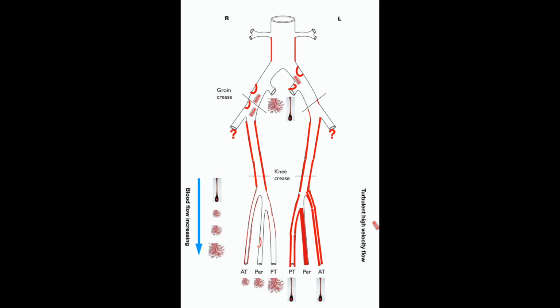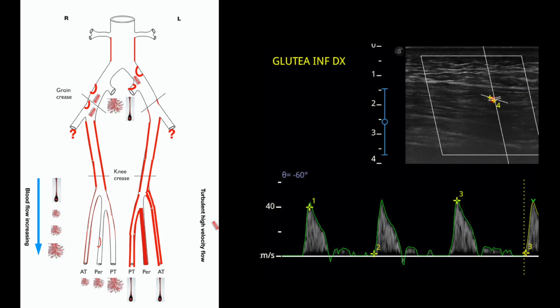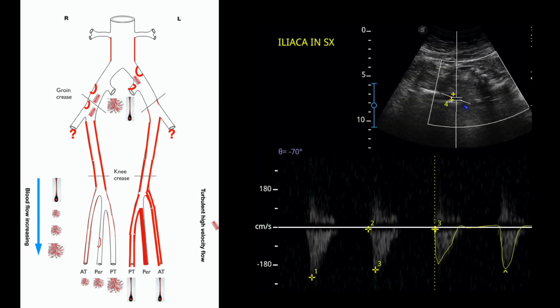On the right side, stenosis and increased blood velocity were observed in the external iliac artery, as well as in the common femoral artery, and the stenosis and calcification were visible all along the superficial femoral artery. The internal iliac artery was normal, since the peak systolic velocity of its terminal inferior gluteal artery was more than 39 centimeters per second. Conversely, on the left side, the origin of the internal iliac artery was stenotic, with high